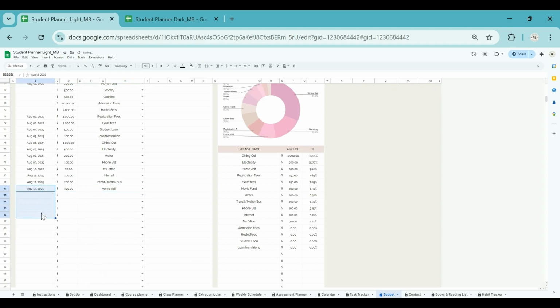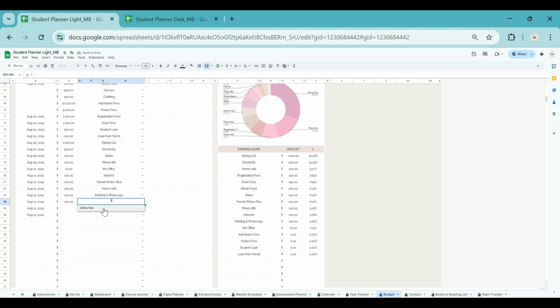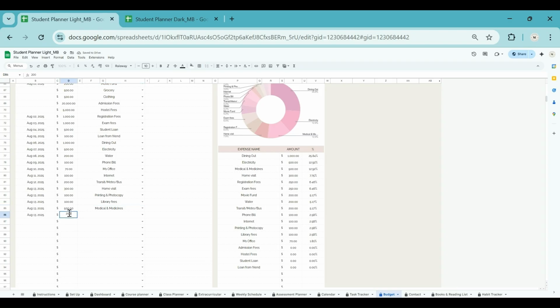On August 12th, 2025, $200 for transit, metro, or bus. On August 13th, 2025, I'll add multiple entries. $300 for home visit, $100 for printing and photocopy, $100 for library fee,